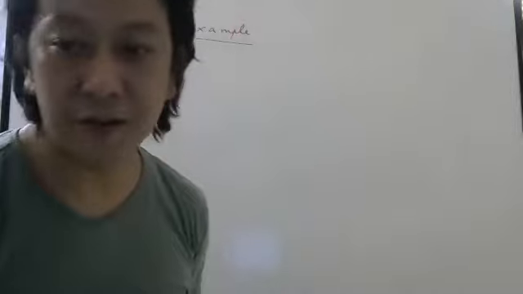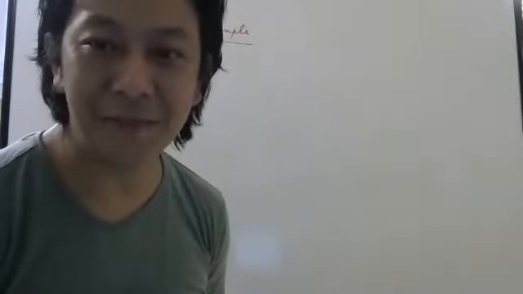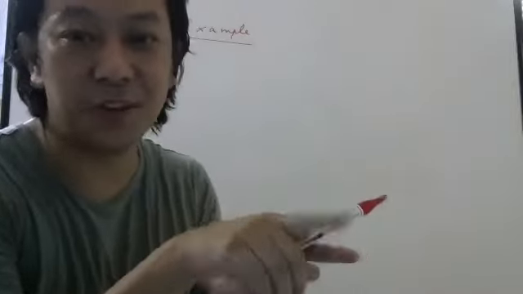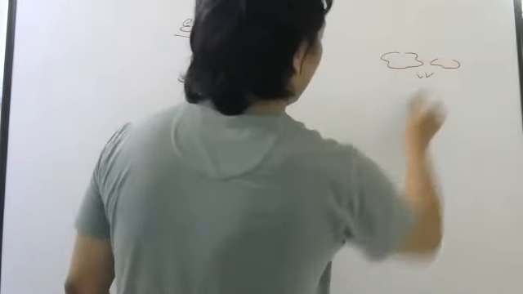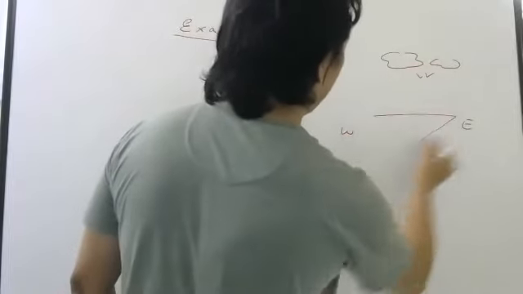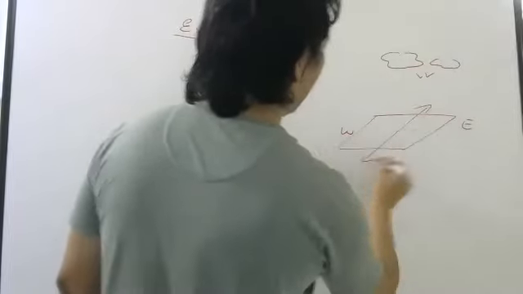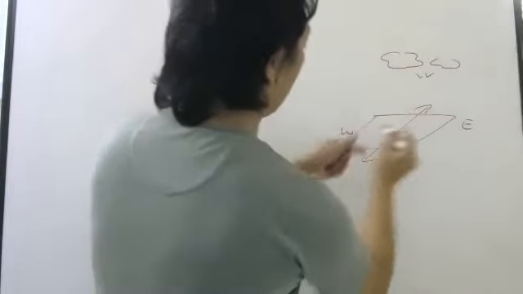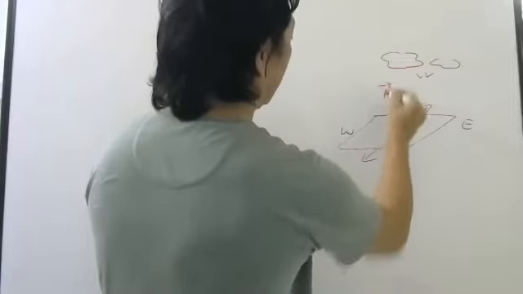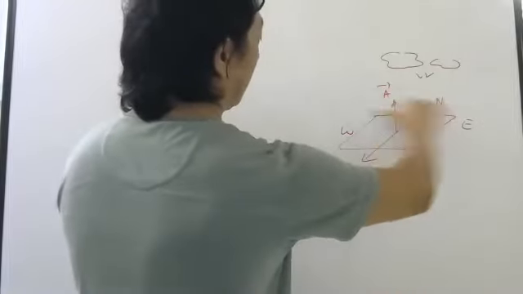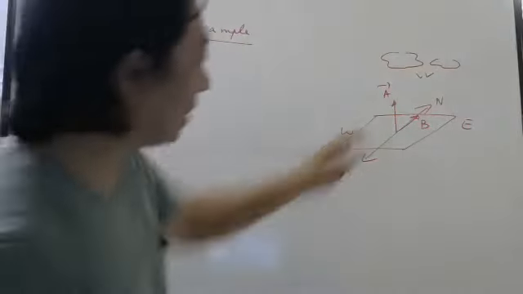Try to use your brain a little bit, whatever I've taught. If you want the thumb in the west, how should you keep the two fingers? So look here. East, west, north is this side, south is this side. If you want your cross product here, then the thumb should be here. So one vector can be up, one vector can be towards north. So A cross B, the answer is west. Just now, I think the first question was that only.